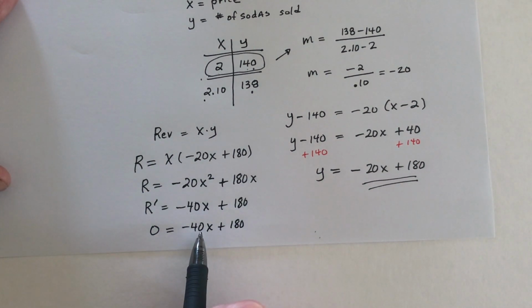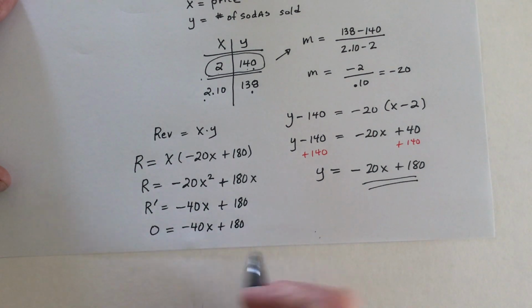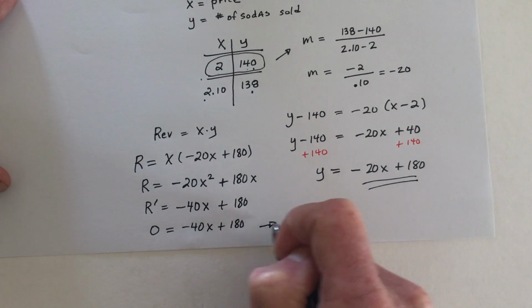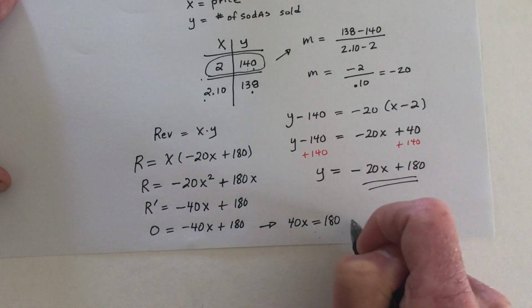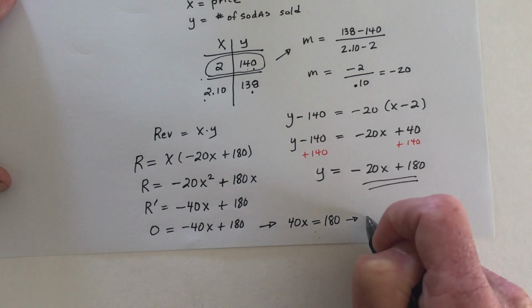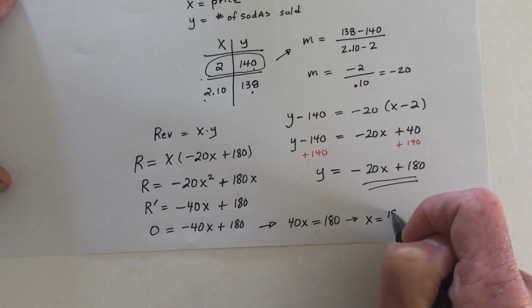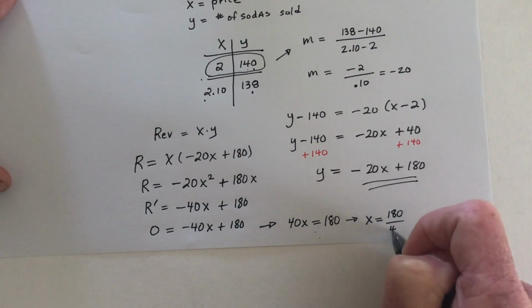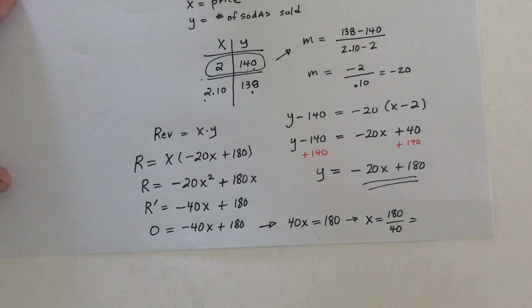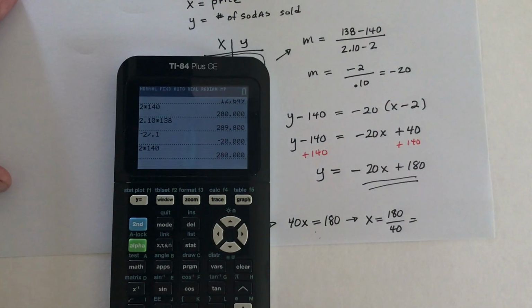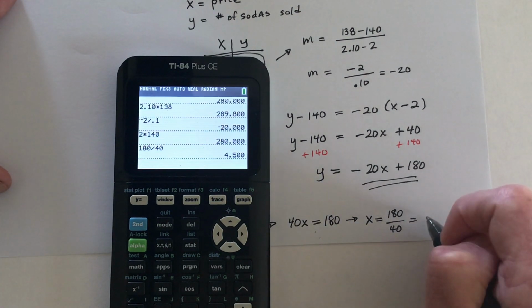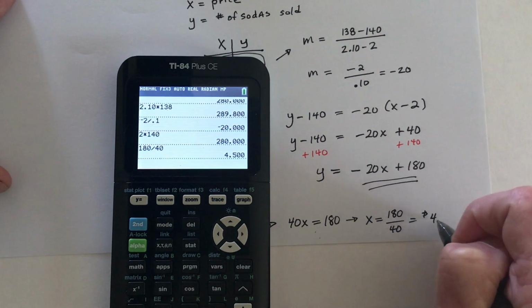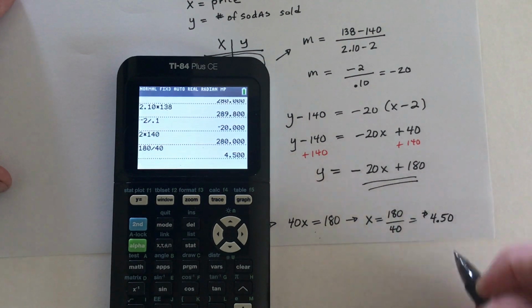So I would take this negative 40x and add it to the left side, so it's going to say 40x equals 180, and then just divide both sides, so it's going to be 180 divided by 40, and 180 divided by 40, oh my goodness. So they should be charging